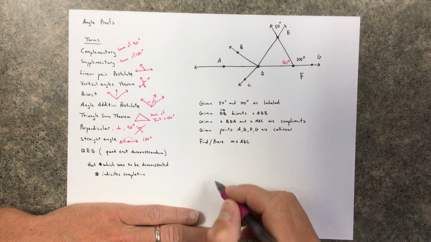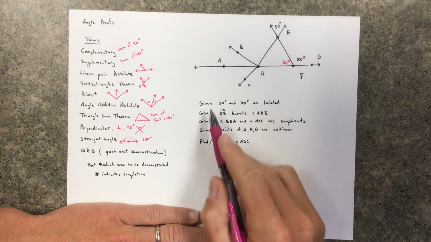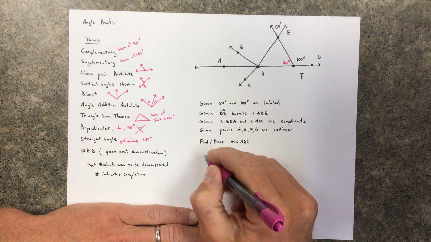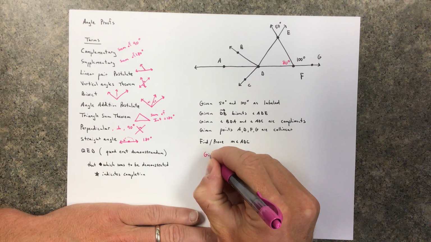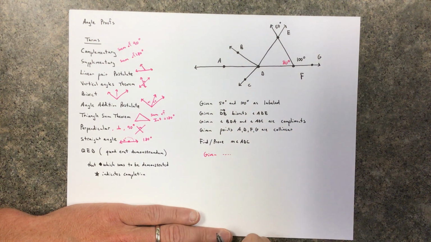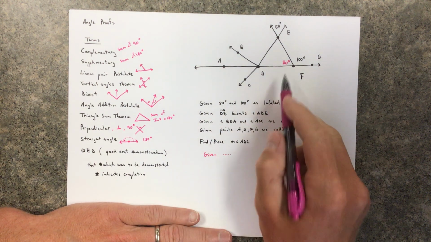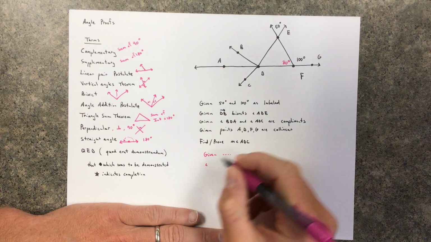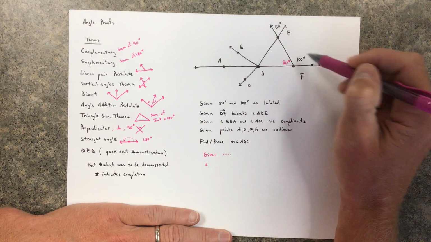Okay, so let's remind ourselves that in a real proof, I would have to rewrite all of those givens. Rewriting all the givens is kind of annoying, so all the givens are right there. All of those things are still true. Okay, and now I know that angle, let's call that angle EFD,